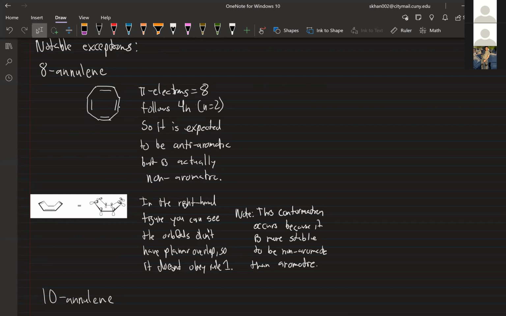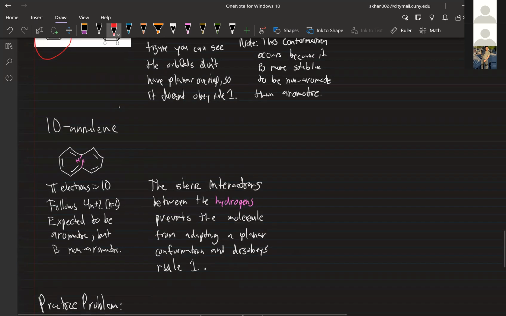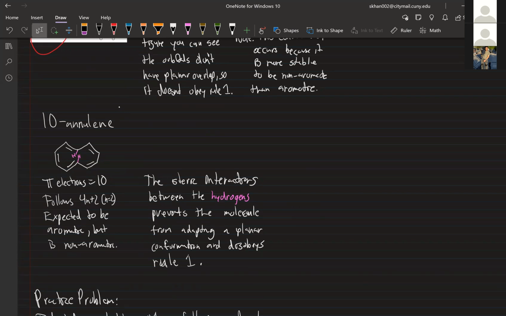So you would assume it's anti-aromatic because it has 8 electrons. It fits criteria 1. But this is just the nature of this molecule, and chemists actually observed it doesn't act that way. It's not anti-aromatic because it conforms to this boat structure. So instead of being flat, despite looking like it fulfills criteria 1, none of these p orbitals are in a flat planar ring. That automatically disobeys rule 1. So that's one exception. And the other one is 10 annulene,